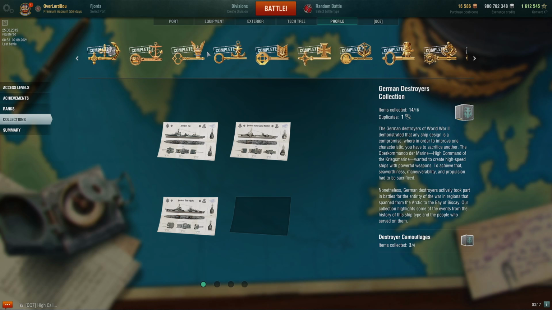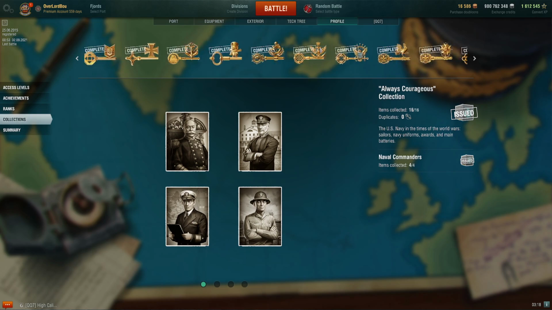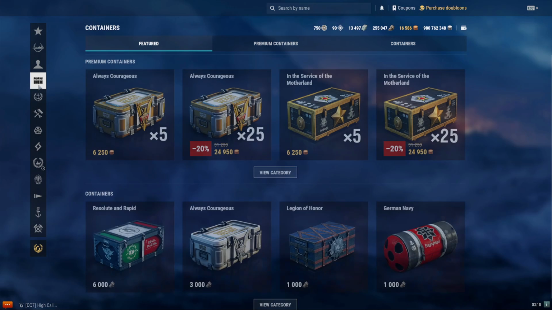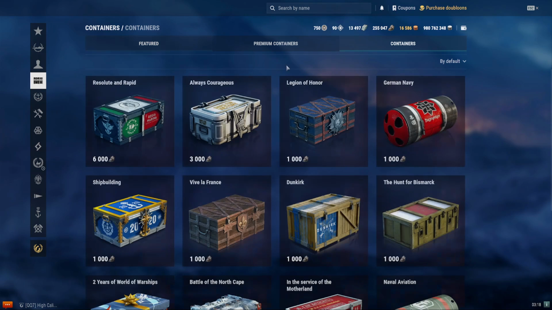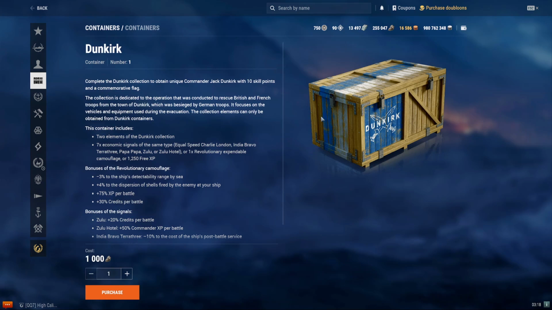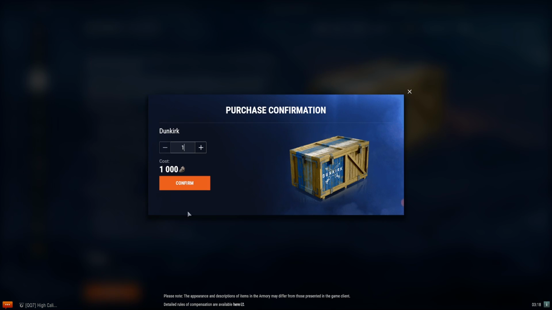So most of these collections, if not all, in order to get the specific item, they are dropped from their corresponding containers. So usually these containers are handed out as rewards for the event that is going on. You can also get them by going into the containers section in the armory, and as you see here, if we click on the Dunkirk container, it says right here this container contains 2 elements of the Dunkirk collection. So if I buy this real quick for 1,000 coal,